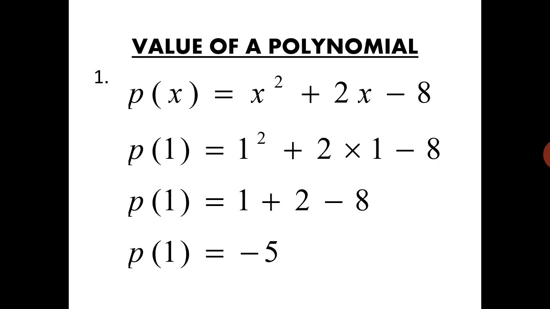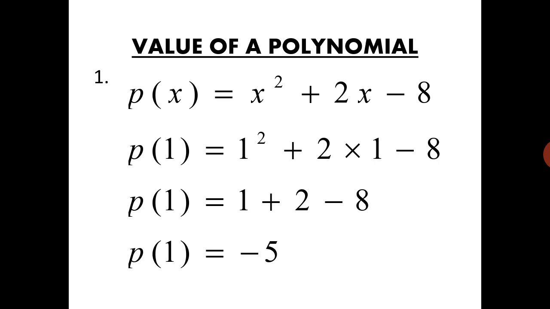Let me take the polynomial in x as x square plus 2x minus 8. So, it's written that p of x equal to x square plus 2x minus 8. Now children, we are going to find out the value of this polynomial at 1. As we all know that x which is there in the given polynomial, it is a variable. It can take any value. Here we are going to consider x to be 1.